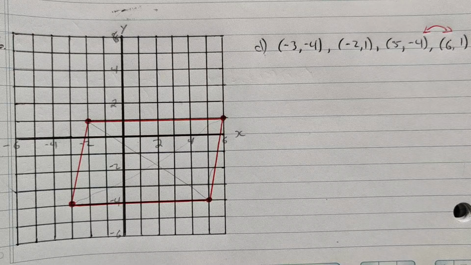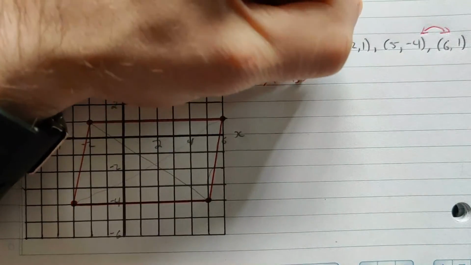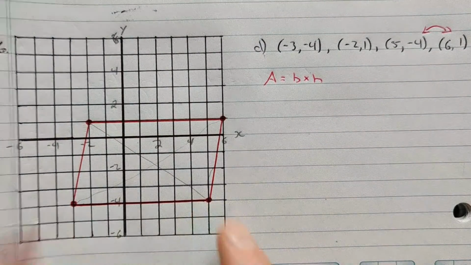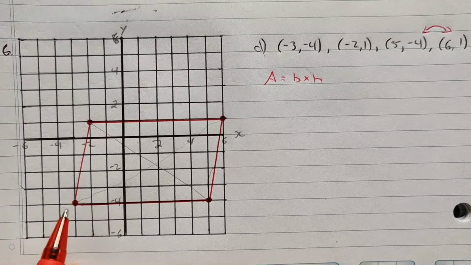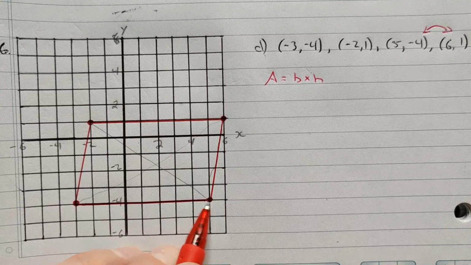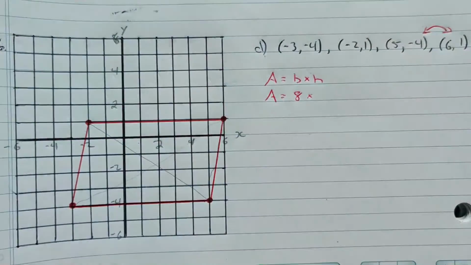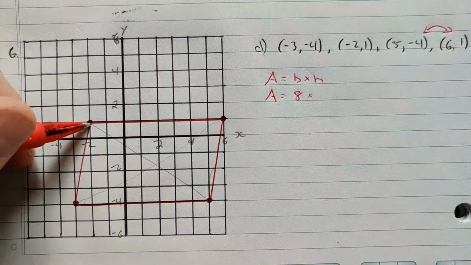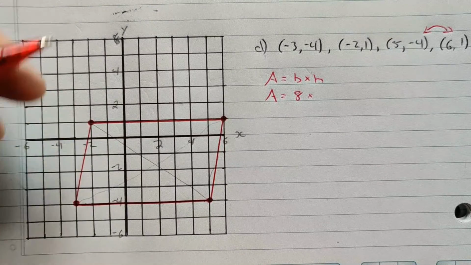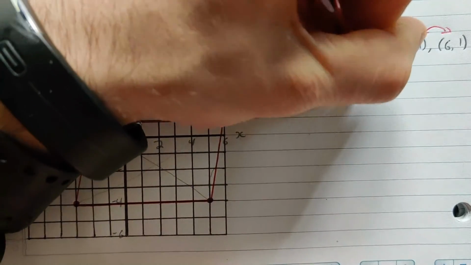So you need the area. Area of a parallelogram is equal to the base times the height, very similar to the length and width of a rectangle, except because it's skewed over, it tweaks it a bit. But our base we can simply find by counting 1, 2, 3, 4, 5, 6, 7, 8. So it goes over 8 squares. So our area is 8 by, and now the height is nice because we can count this little straight line here from the bottom to the top. 1, 2, 3, 4, 5. 8 by 5, and thus our area in this case is 40